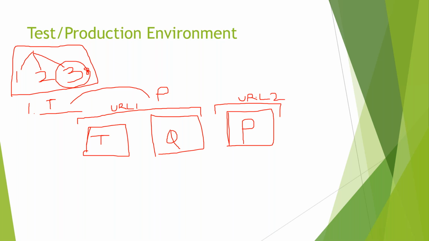Most of the customers will get two URLs. So let's say the test environment, you have separated it by creating the planning area as test planning area, and then within that same environment you have created the quality planning area. So this is planning area 1 and this is planning area 2.